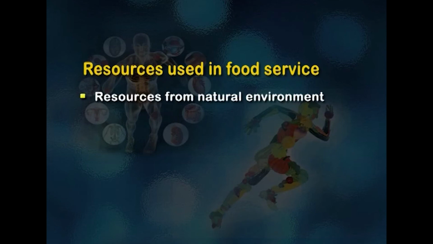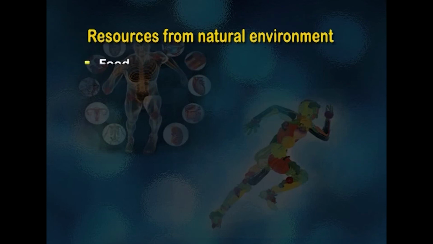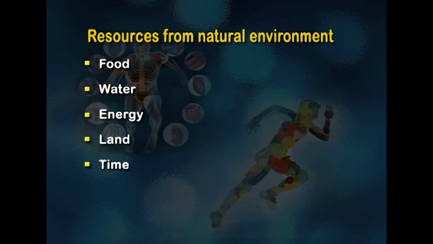To sum up, we can say that the resources used in food service institutions are of two types: resources from natural environment and the resources from work environment. The resources from natural environment such as food, water, energy, land and time appear to be available in plenty, but they are definitely not to be taken for granted. Scarcity of natural resources is being felt in some pockets even in our country. Cautious and logical use of natural resources will ensure sustained availability not only for present use, but also for use